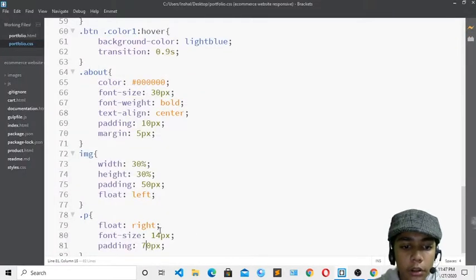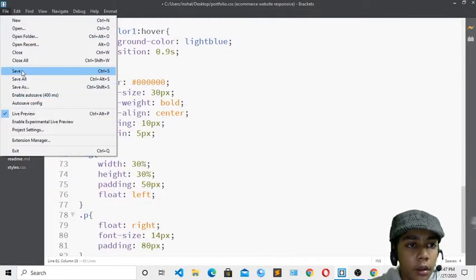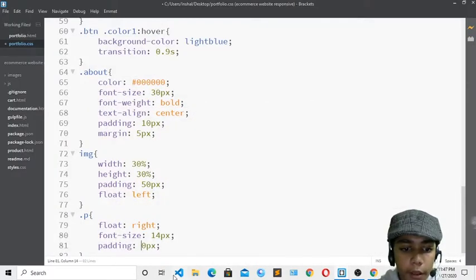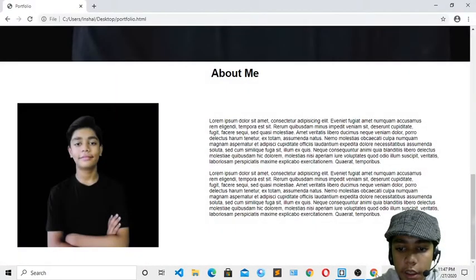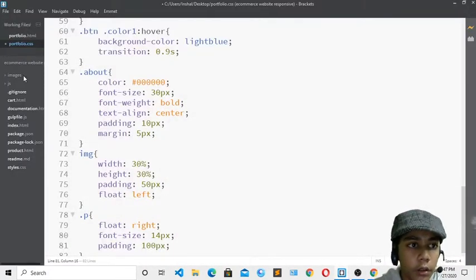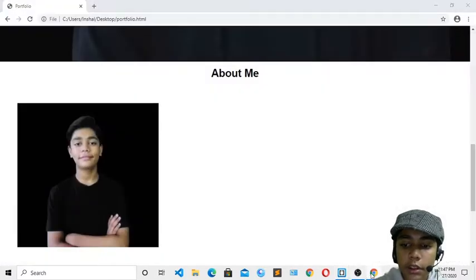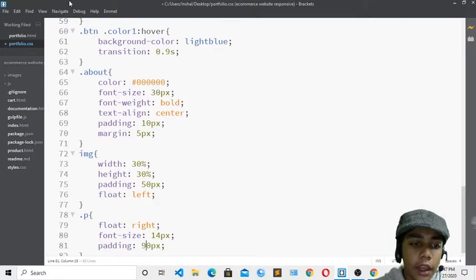If you want, you can also write more padding, okay. If I show you, here you can see now I have written more padding. If I do 90, it is also perfect. If I show you, here you can see, and if I do it to 100, okay, it will be too far down. So here you can see now it is too far down, so I will just do till 90, okay.